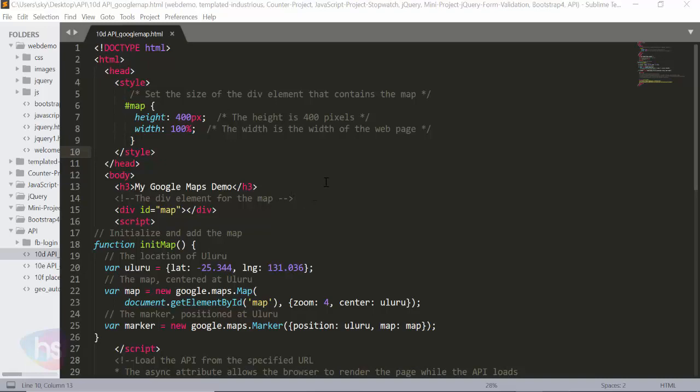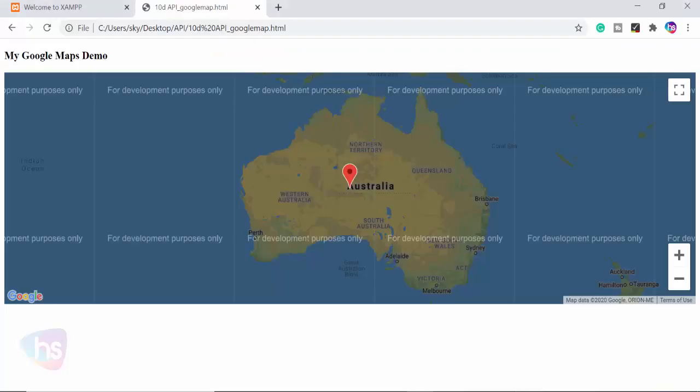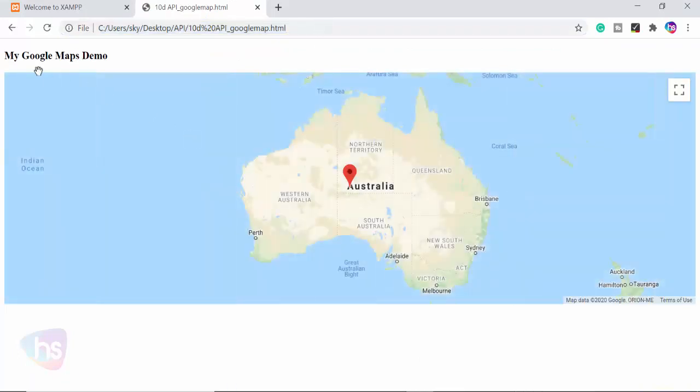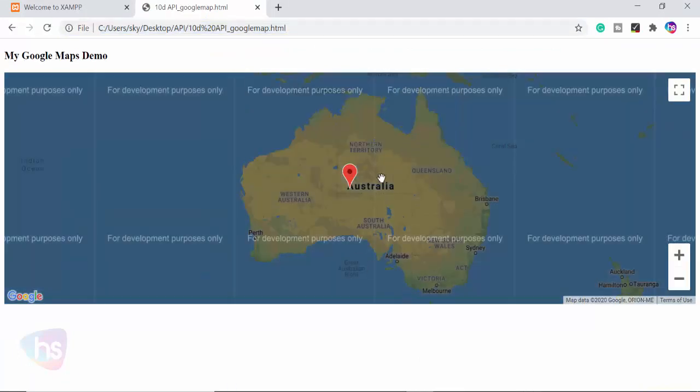To get an API, this is what you are going to be loading: the Google Maps demo API. This is one. This is used for development purposes only. To get this, what you want to do is go to